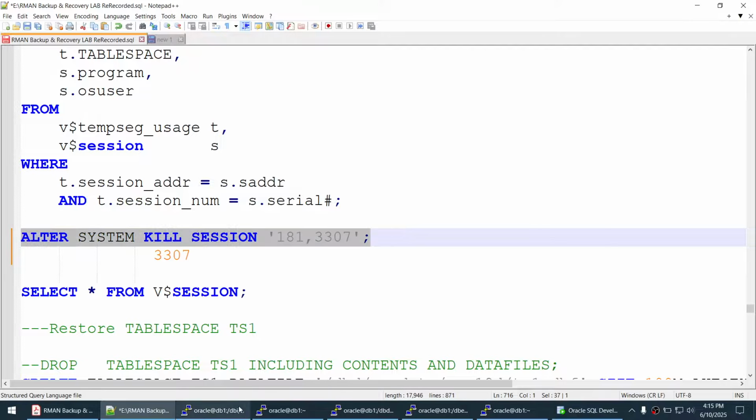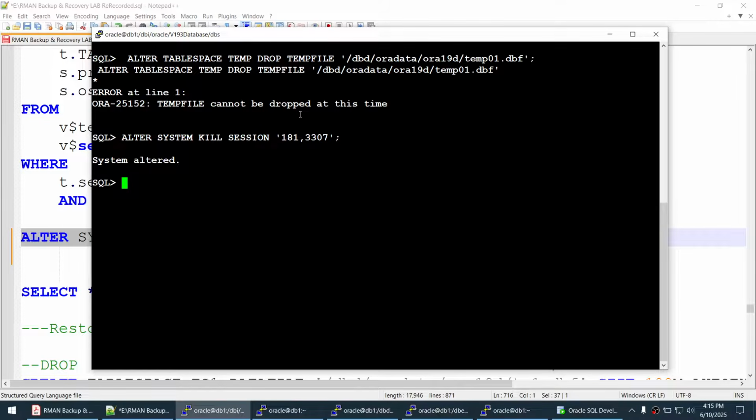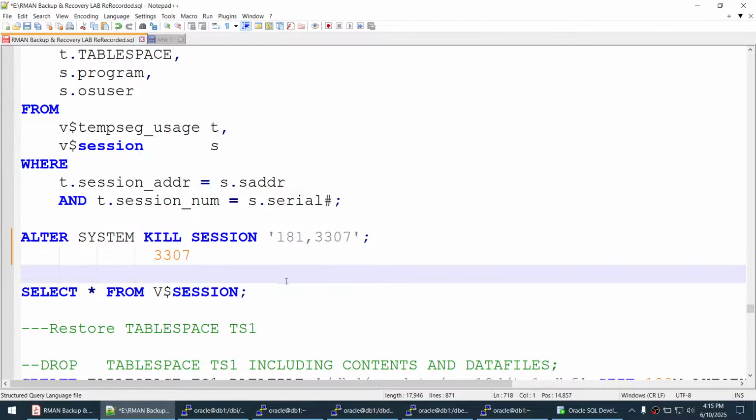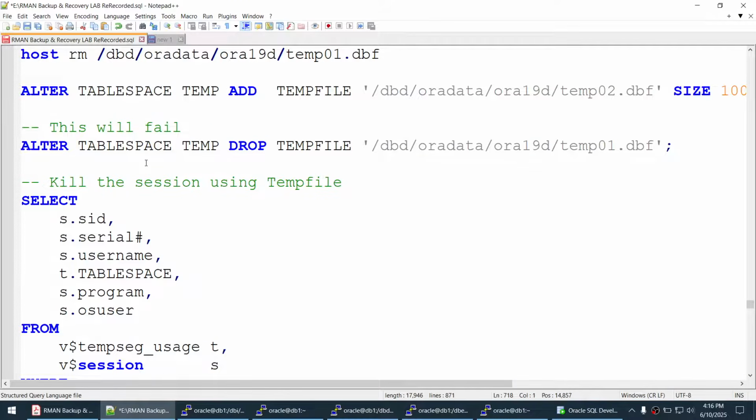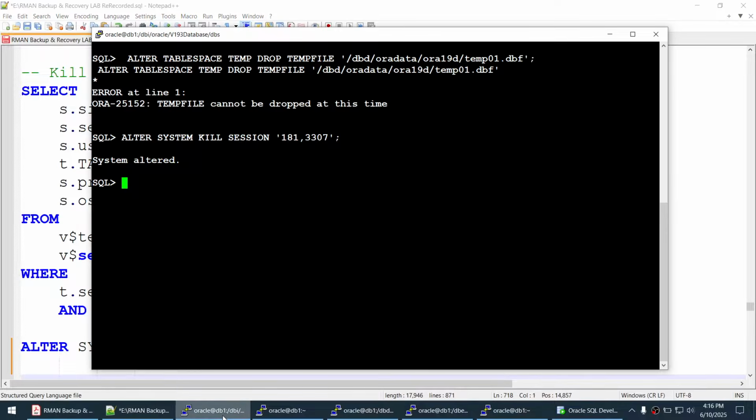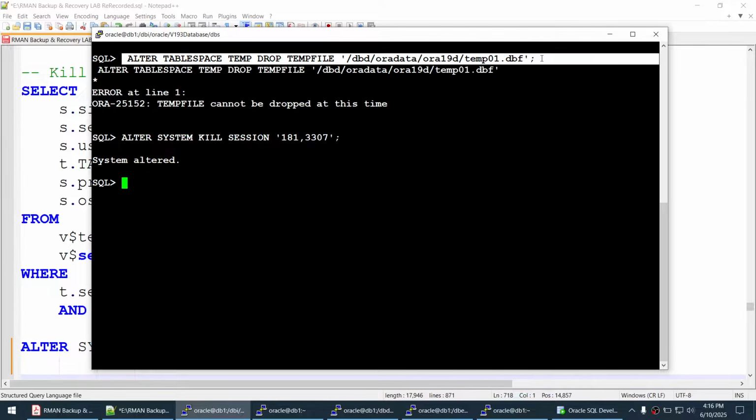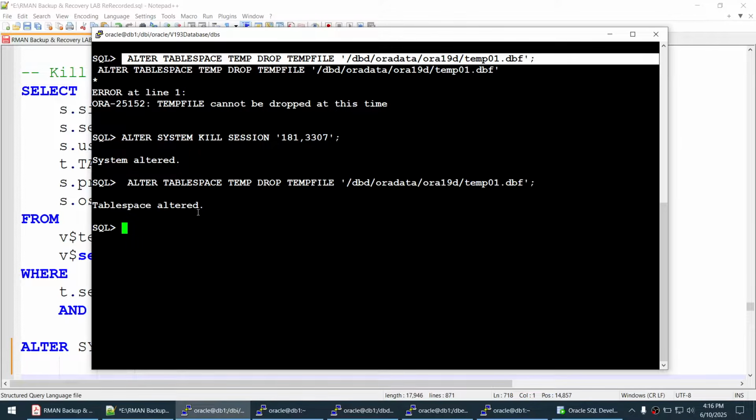Let's try to kill that particular session. Yes, we killed that particular session. Let's try to now verify. We don't have to verify that the session is gone because we killed it. And now let's try to drop whatever we were not able to drop. Yes, we dropped it. And now if I say select name from